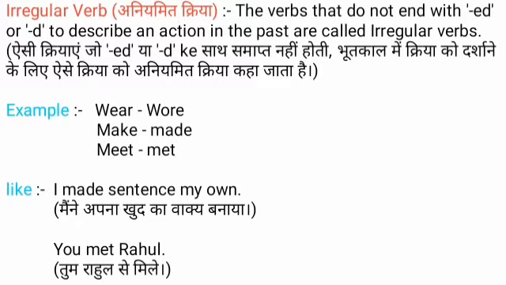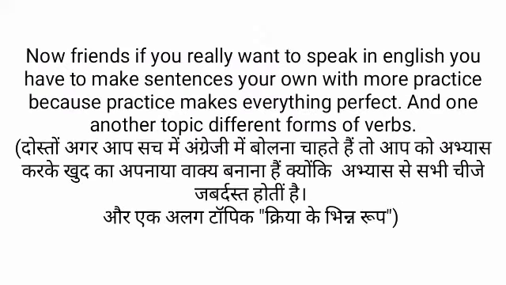Irregular verbs. The verbs that do not end with ed or d to describe an action in the past are called irregular verbs. For example, wear, wore, make, made, meet, met. Like, I made sentences my own. You met Rahul. Now friends, if you really want to speak in English, you have to make sentences your own